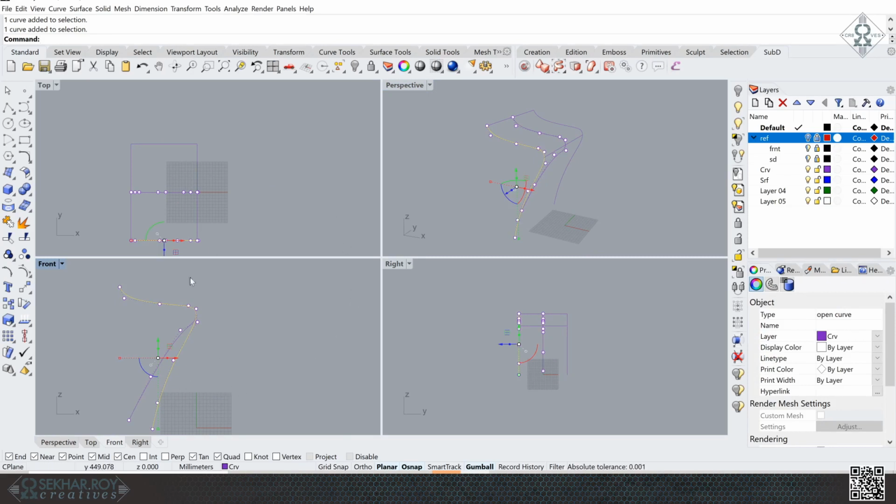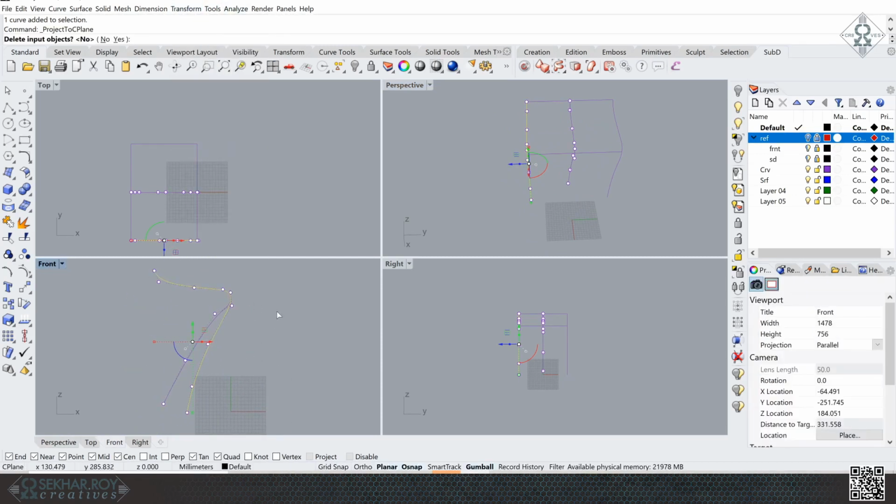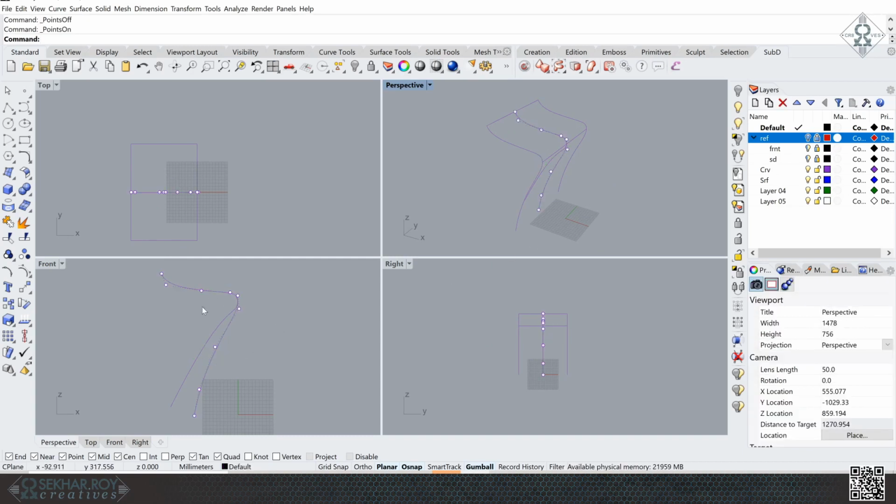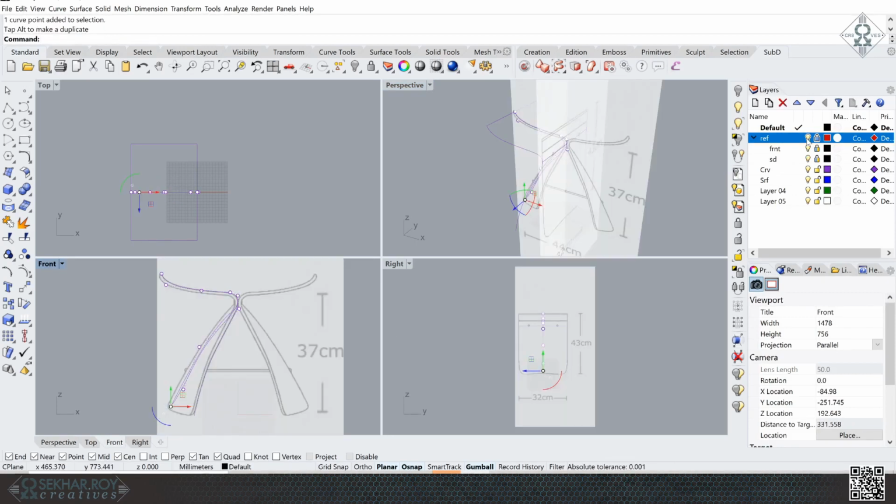Let's say I go and put this curve on the center using the front view, with Transform, Project to C plane, and I want to project with delete input set to no. So this is the curve that came from the side, and then I took these points with F10, and with this curve F10, I moved these points manually to match the image reference that we have here. All right,